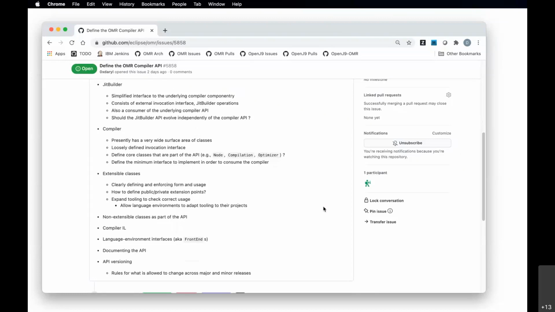Okay, so in your mind at the moment, what do you consider to be the sort of publicly facing part of JIT Builder? Is it just the invocation API and the client API? It's the thing that gets generated by the API generator code that Leonardo wrote, which is basically what was meant to be the original public API of the JIT Builder classes.